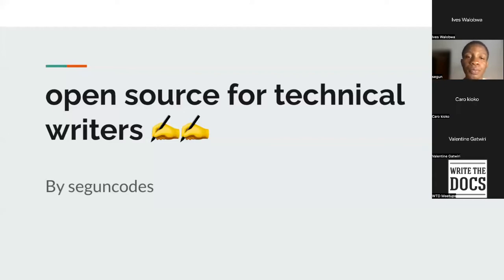We have to make a lot of research before we can contribute to come up with the proper documentation. Because coming up with the documentation is like coming up with a write-up, a guideline which developers will follow to use that particular project. So we do a lot of research, and this improves our writing skills. Number two, we can add it to our portfolio, especially when you're job hunting or you're looking